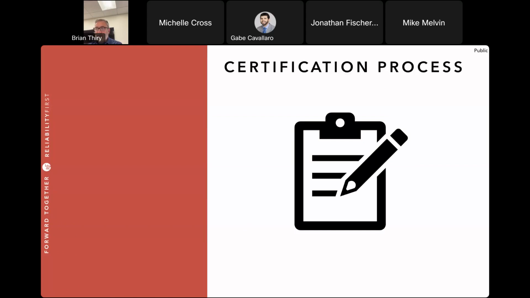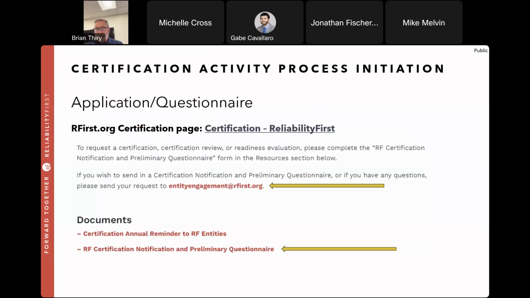So the certification process. I'm going to go through this a little quickly. I got 20 minutes left, I think. So initiating the process. It starts with the application/questionnaire. That is found on the ReliabilityFirst.org website. If you go to tools, you'll see registration and certification, and you'll see a section that says more on certifications. And then you'll see the page that has a description of what a certification is, where you can